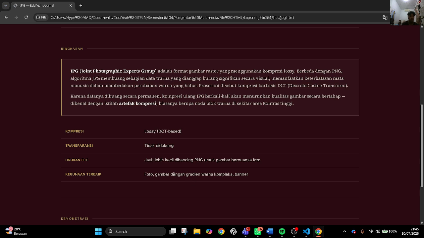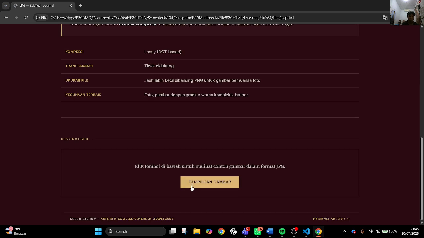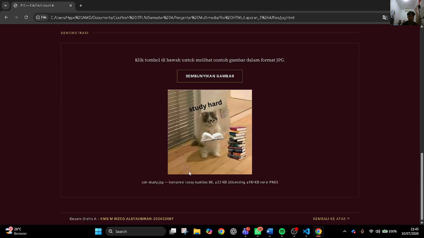Now this is the JPG page with the exact same source photo, but saved as JPG format. Only about 22 kilobytes, because JPG uses lossy compression that removes some data to shrink the file size.